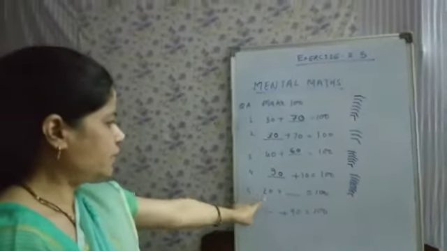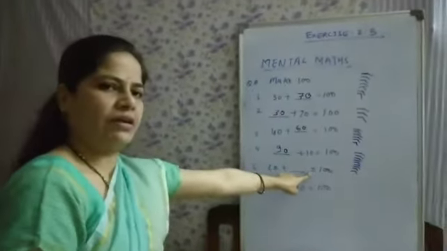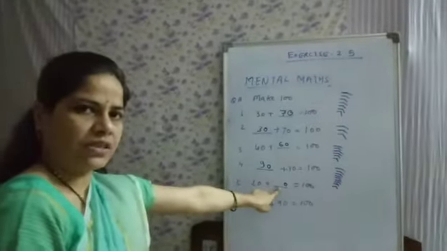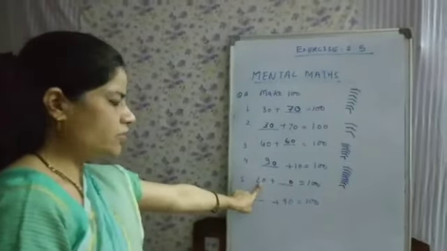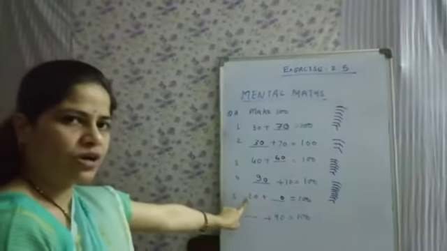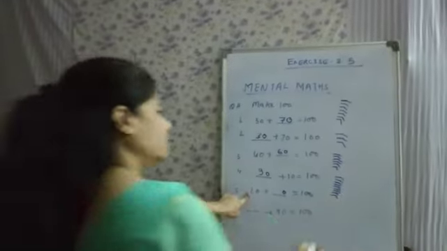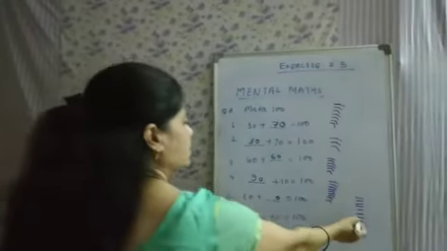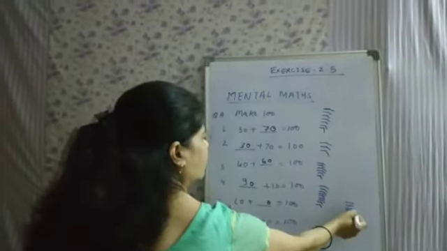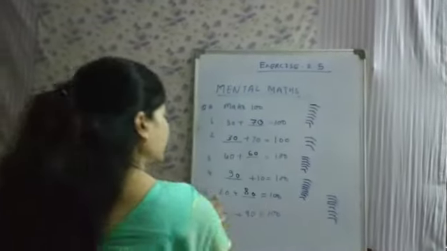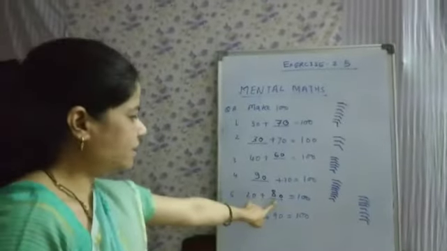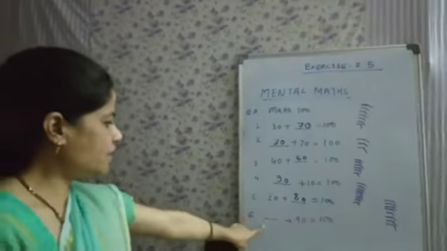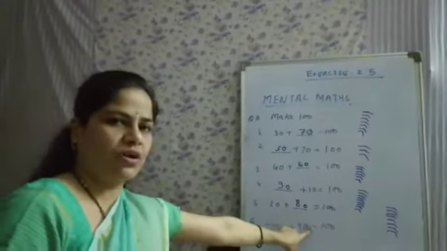Okay. Fifth one is 20 plus dash equals to 100. So how many 0 in 20? Single 0. So write 0 in the dash, and after 2. 20 is here now. So after 2 you have to count up to 10. 3, 4, 5, 6, 7, 8, 9, 10. Now count this line. 1, 2, 3, 4, 5, 6, 7, 8. So write 8 after 0. 20 plus 80 will be 100. Answer is 80.